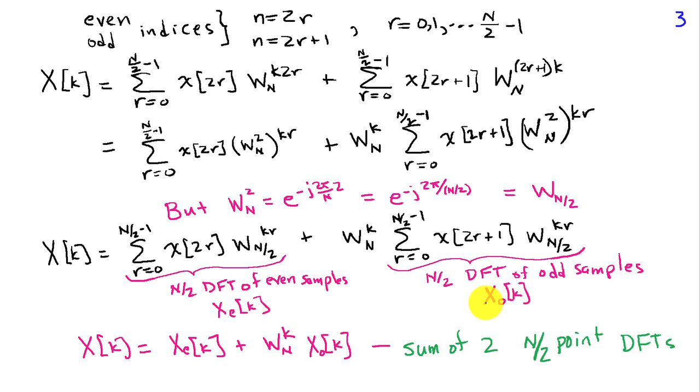And we'll call that DFT X sub 0 of k for odd. So our DFT can be written as a sum involving two N over 2 point DFTs, one for the even indexed time values, and the other involving the odd indexed time values, and we have this factor W sub N to the k. So we have a sum of two N over 2 point DFTs that we can use to get our N